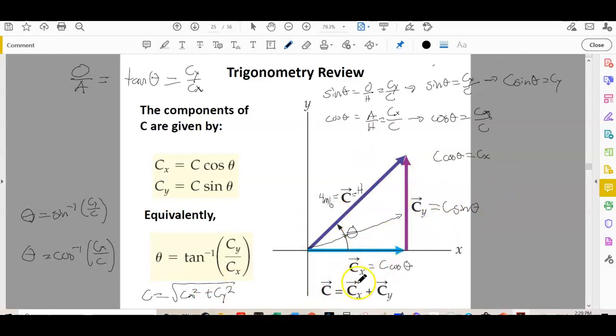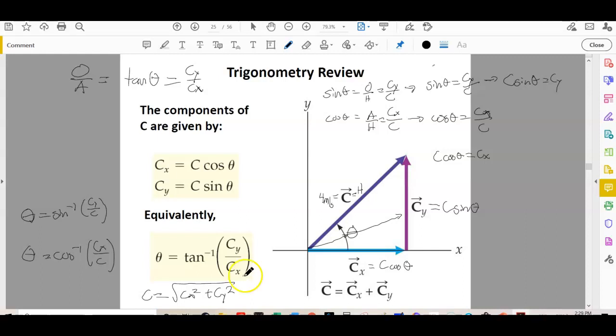This is how I just showed you how to do that. But the other case most likely is that you're given cx and cy and you have to get theta and c. Well, you would do it by doing this. Again, this is just a review, brushing up and shaking off the cobwebs from everything that you learned in algebra,